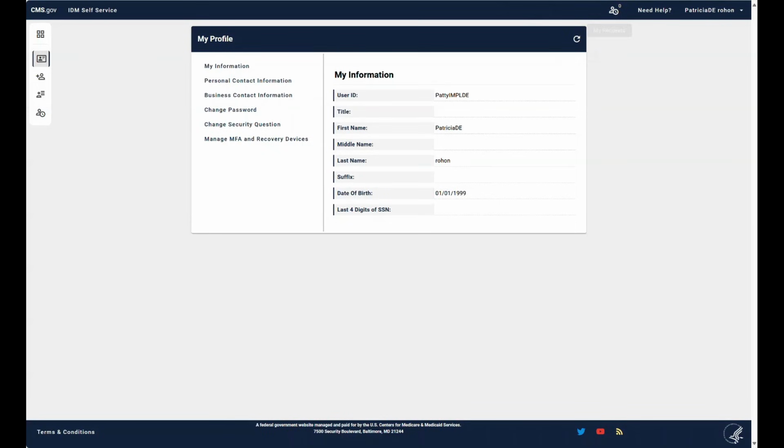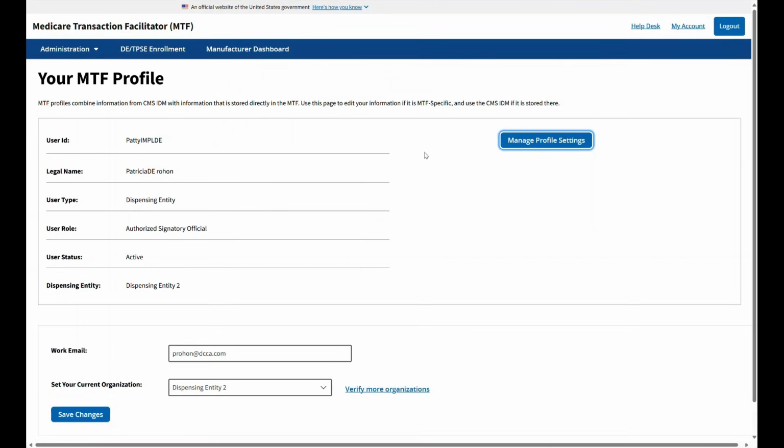Once you're done here, you can simply close out of the tab and you're back at your MTF profile. Again, this contains information related to your user ID, your role, and your status. It also contains your work email and the organizations that you're associated with. If you're associated with multiple, this dropdown will show you all of them.